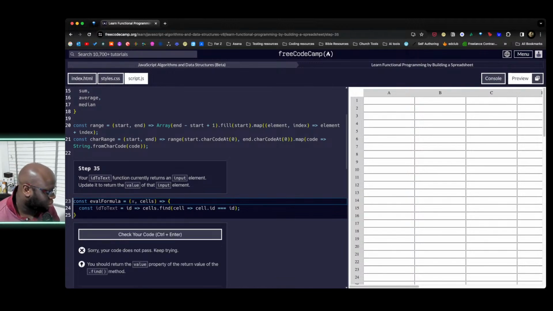Oh, sorry, I'm on the next one, isn't it? Your ID to text function currently returns an input element. Update it to return the value of that input element. Okay, so